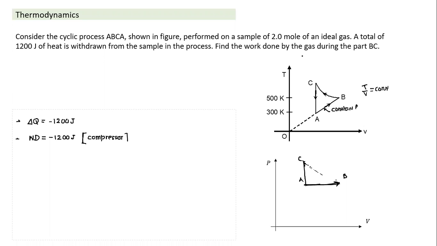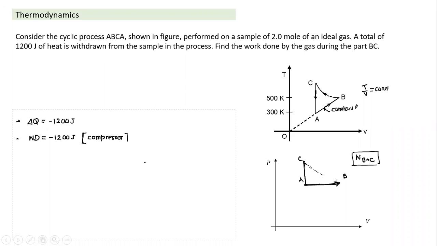Now we need to find work done by gas during part BC. And what that process is is also not given. We need to find work done for process B to C. So can you think of what are the ways I can calculate work done by process BC? There are a number of ways of solving. So can someone think of what way I can calculate work done for process BC, even when it is not given? So I need to calculate indirectly.